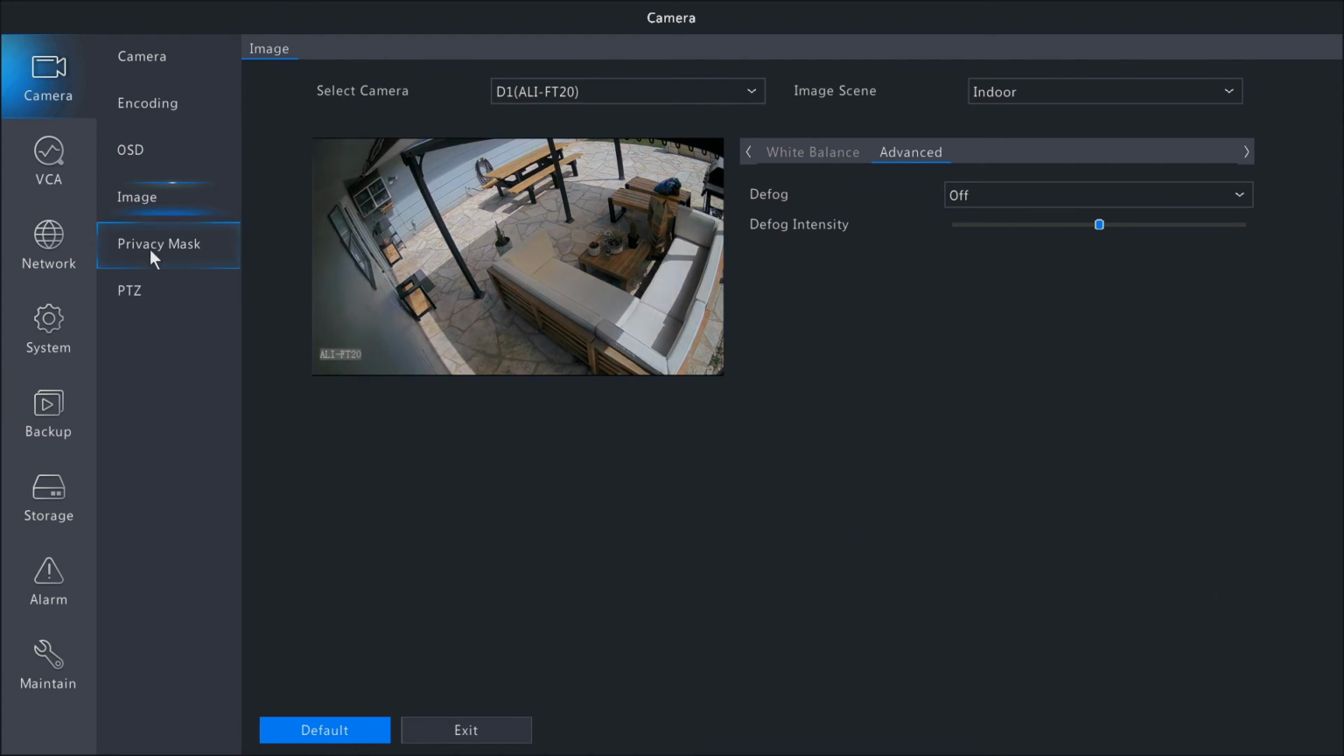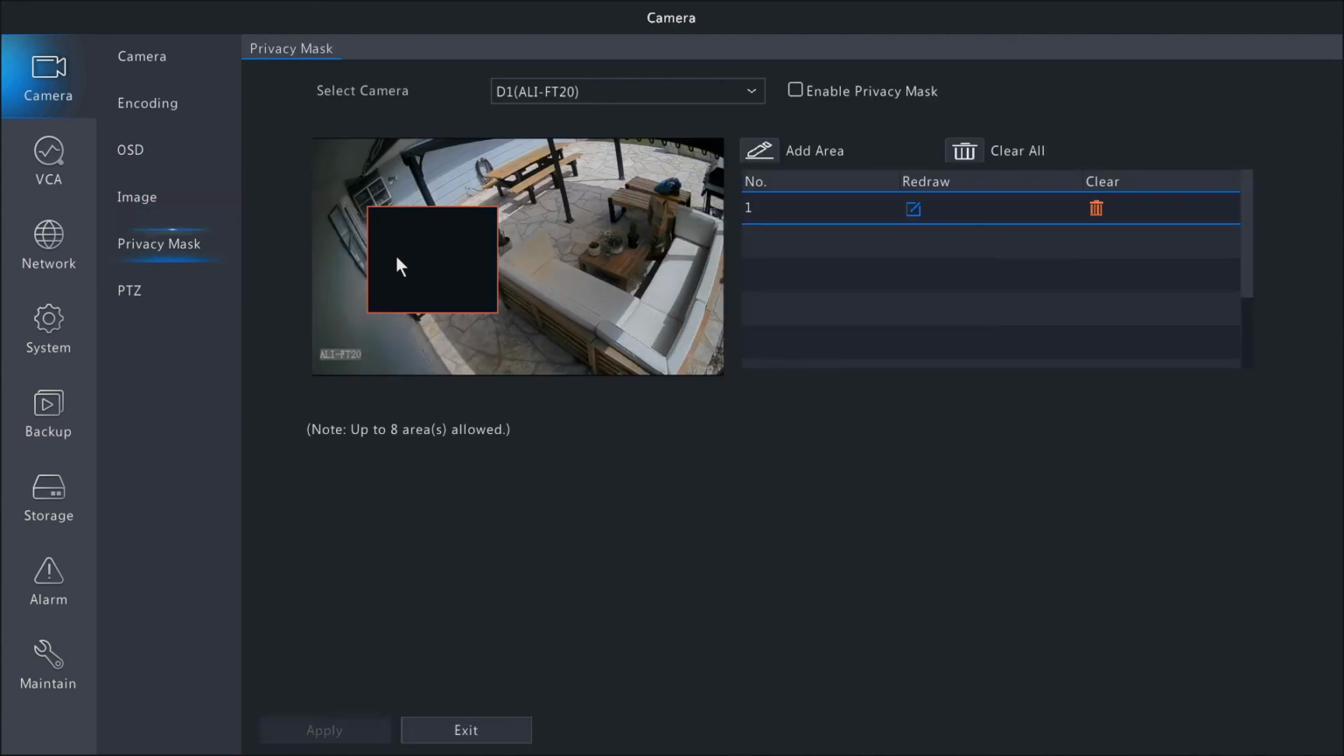Moving on to the privacy mask option here. This is another feature that is pretty common in most recorders. Let me delete this one here. So let's say if this was an area where we didn't want the camera to record, the privacy mask will set up a block over that. So if we hit add area,